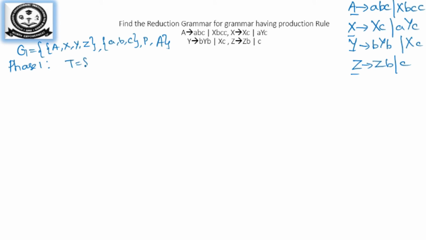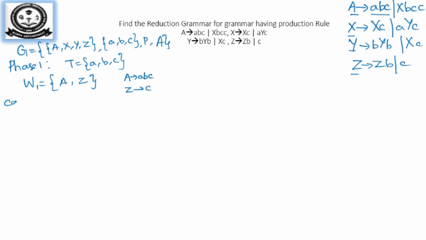So the terminal symbols are A, B, C. So we will try to find which are the productions that can derive A, B, C. So step 1, W1 is equal to, so which are the productions that can derive A, B, C? You can see Z can derive C and no other production can derive that. So A can derive a, b, c. So I will write it here. So A tends to abc and Z tends to C. So we'll include A and Z alone. So other things will have non-terminals in them, so it is not going to produce any string. So we will close the W1.